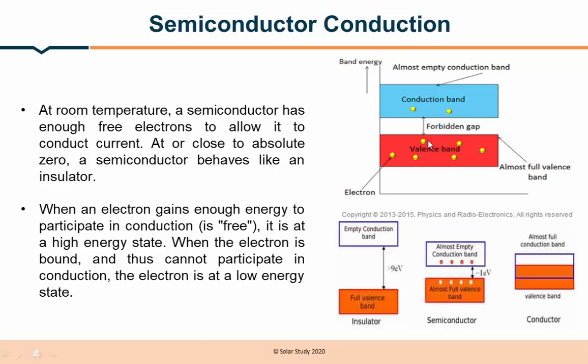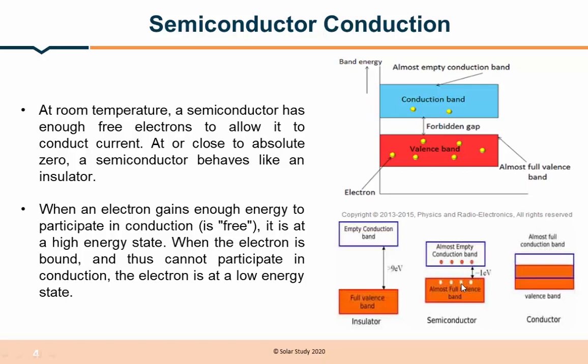At that time it will produce conduction, and this gap between the conduction band and the valence band is called the energy band gap or forbidden gap. In an insulator, between the valence band and conduction band there is a larger gap, around 9 electron volts. So in an insulator, it is very difficult to make an electron jump from the lower valence band to the higher conduction band. It is not at all possible because it has a larger energy gap.